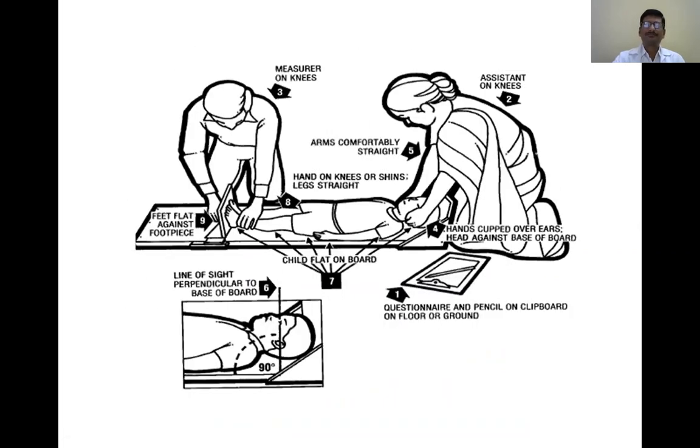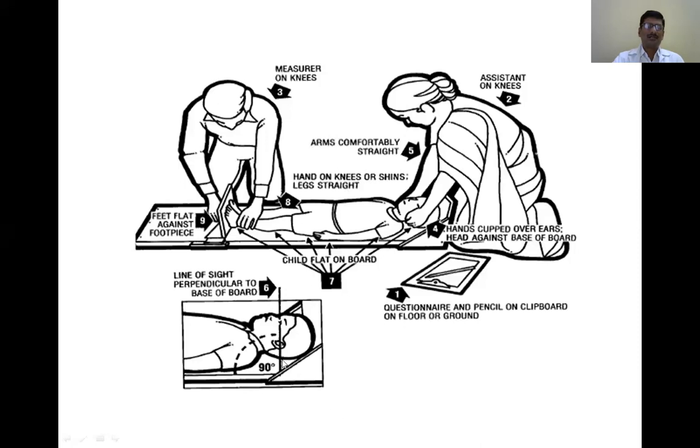With this technique, of the two persons, the first, maybe a mother or a nursing assistant, can be employed to keep the head. Then this is the vertex, which is again this side. This is the movable plank. The feet are flat against the foot piece. This is the foot piece, and now the measurer should keep one arm over the knees. So that is now again at the heel, and here also it should be at 90 degrees. So now this is the technique of measuring.